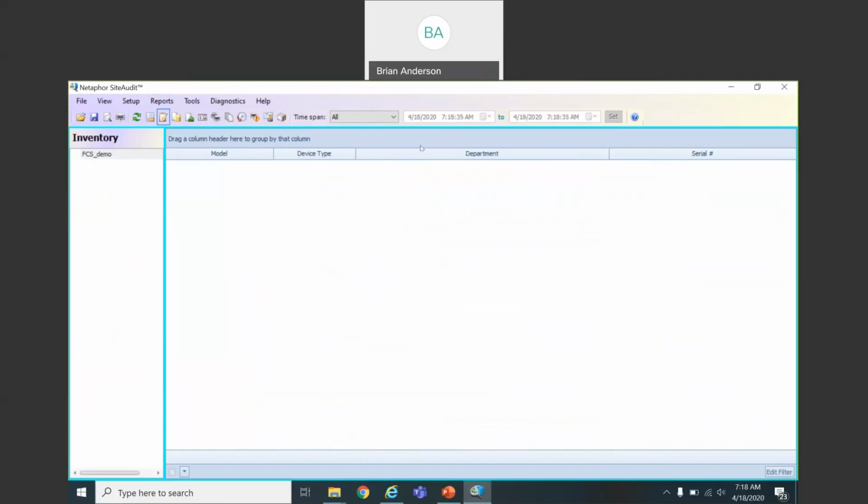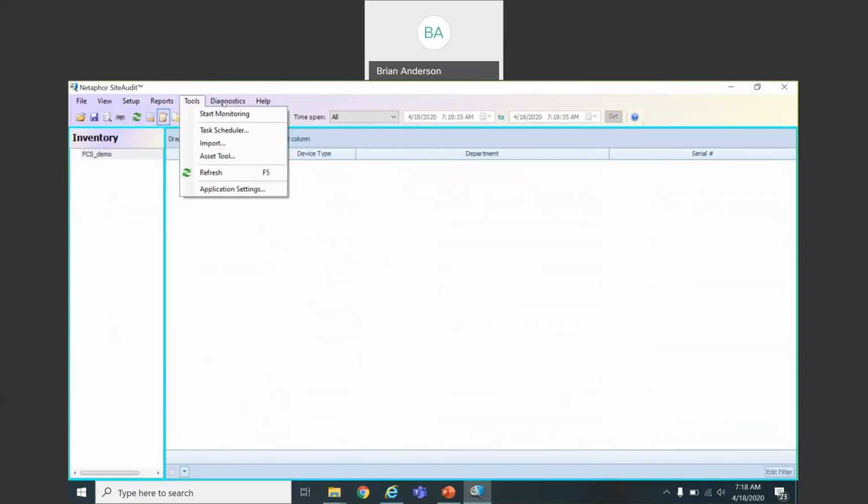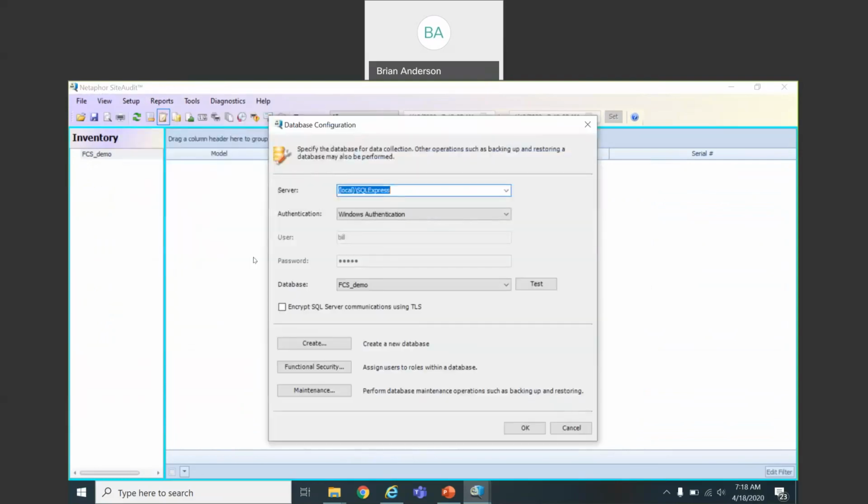So you'll notice there's obviously no data here. I'm an administrator and I have all these access reports, and so forth. So let's go and set some functional security roles. I'll again go to the database configuration. I'll select